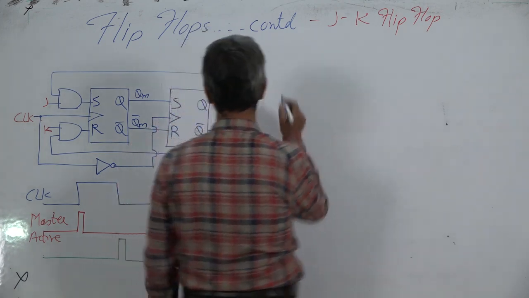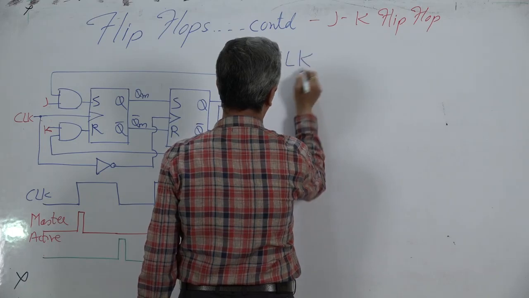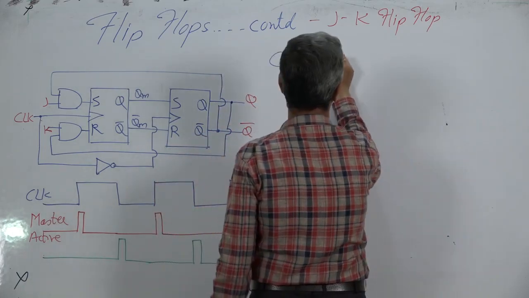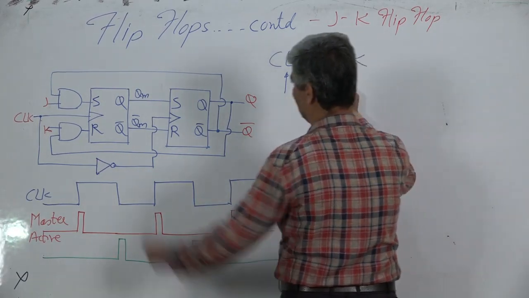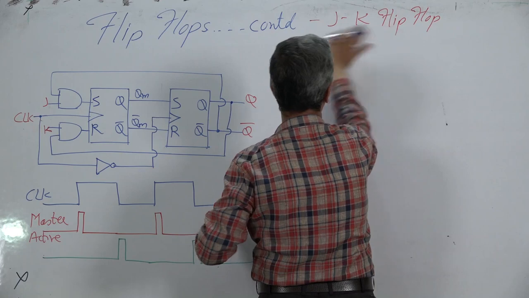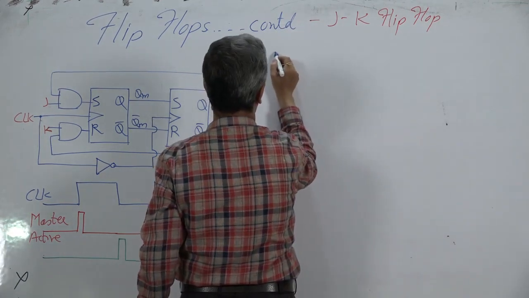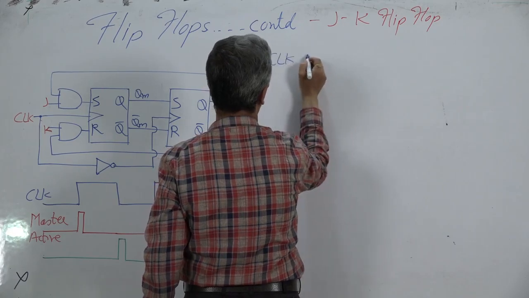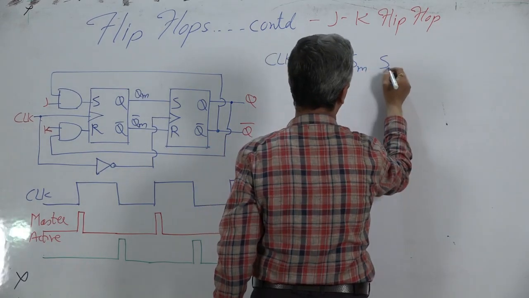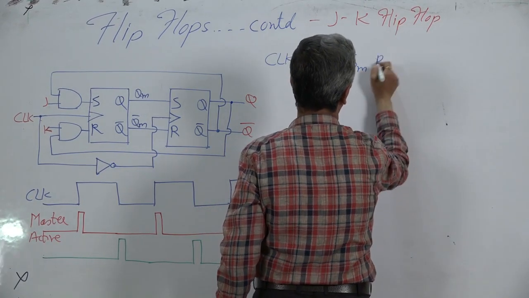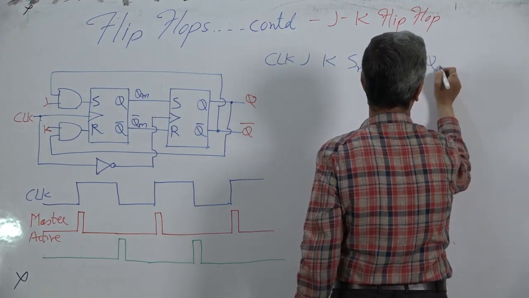When CLK is at the time of rising edge, JK will decide S and R. So what I do: CLK, J, K, S master, R master, Q master, Q bar master,